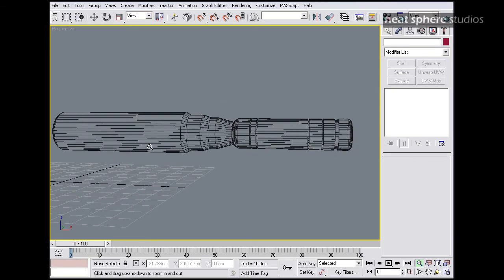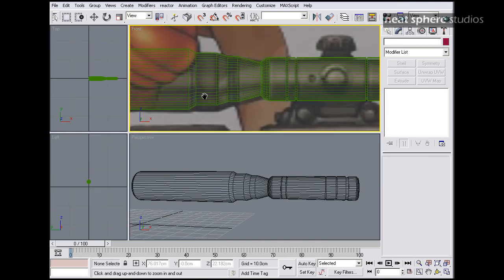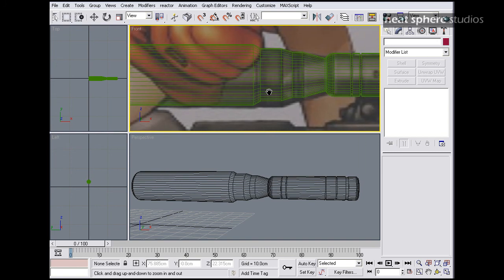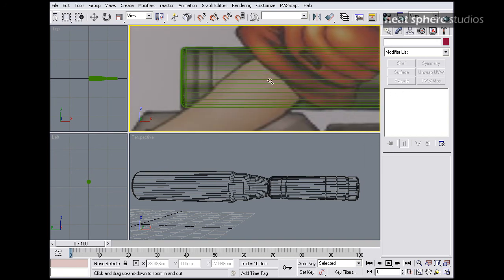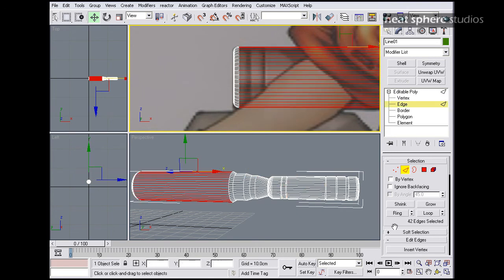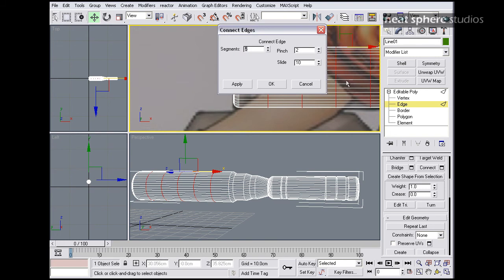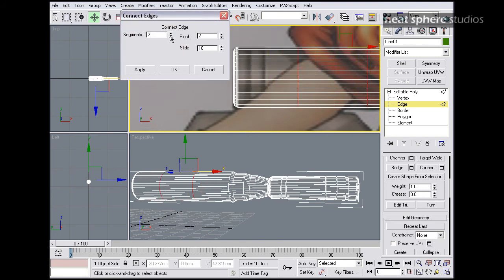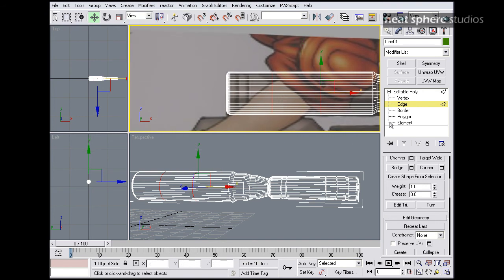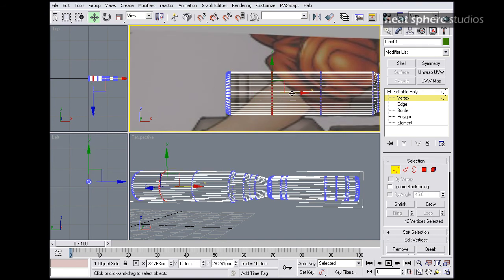And all I'm really going to do is repeat that process further along the barrel. So, let's see. I think probably we'll do it twice more here. So we'll say connect. I don't want 5, I want 2. I'll OK that. Take my vertices, drag these vertices so they